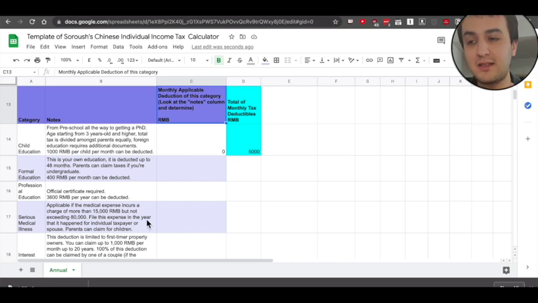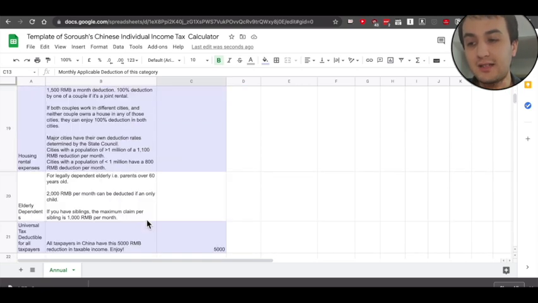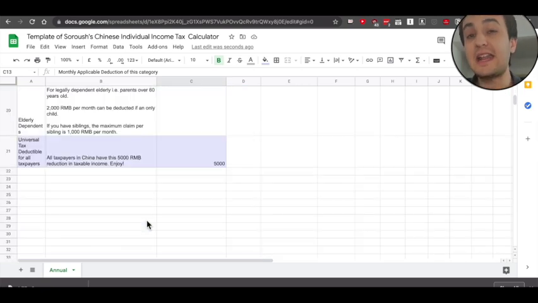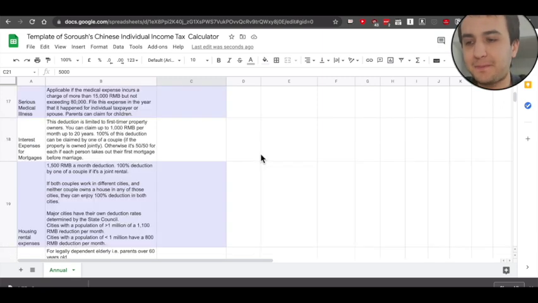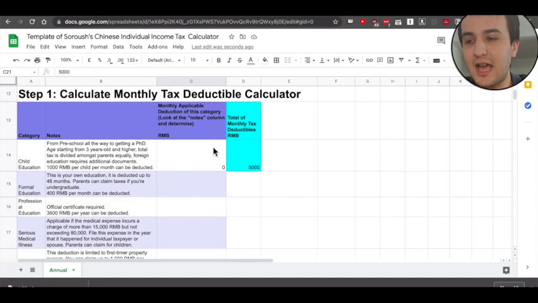Here's an interesting thing though. When you are calculating your deductibles, know that every month, every taxpayer will get a 5,000 renminbi deduction. It could be somebody who's not making any money to somebody who's making 200 million renminbi. Okay, I'm not sure about that, to be honest, but my point is every taxpayer will have that deduction. So once you calculate all of your monthly tax deductibles here,